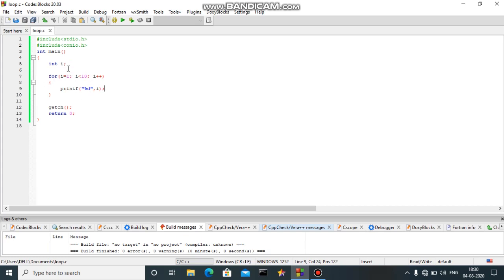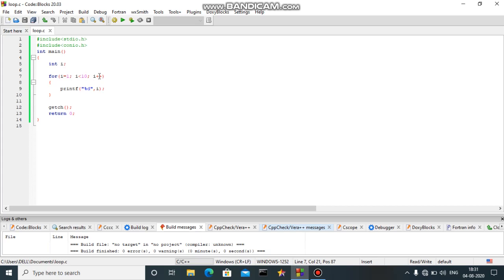First, for the for loop, we do not need to initialize the value of the iterator before the loop starts. Here in the brackets, as the syntax shows, first of all we have to initialize the value, that is, I have initialized I as 1. Then second, it will ask us for a condition, what condition we want to apply for our iterator variable. I have applied the condition as I less than 10, means starting from 1 I will increase its value till 10. Then third will be increment or decrement.